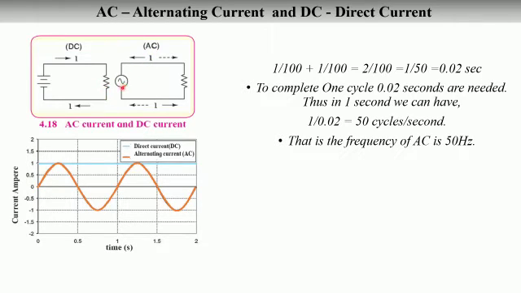Alternating current, on the other hand, here you have the symbol for the alternating current, the sine wave or sine curve that we studied. And here we find that the current is moving in both the directions. So alternating current will change its magnitude and direction after equal intervals of time. This is the graphical representation for direct and alternating current. On the y-axis we have current in amperes, and on the x-axis we have time in seconds.